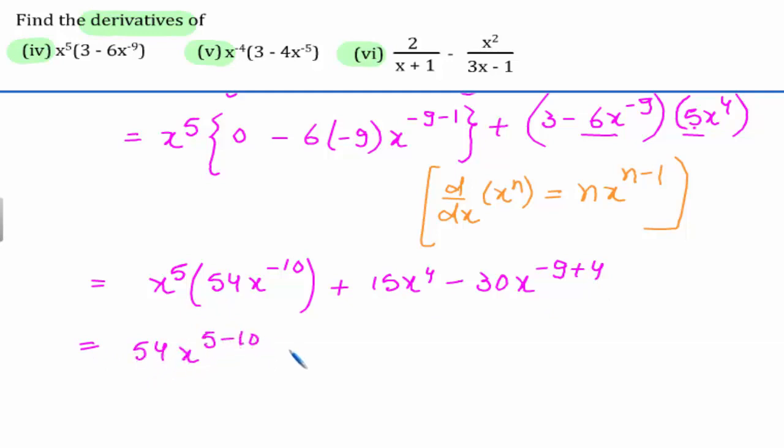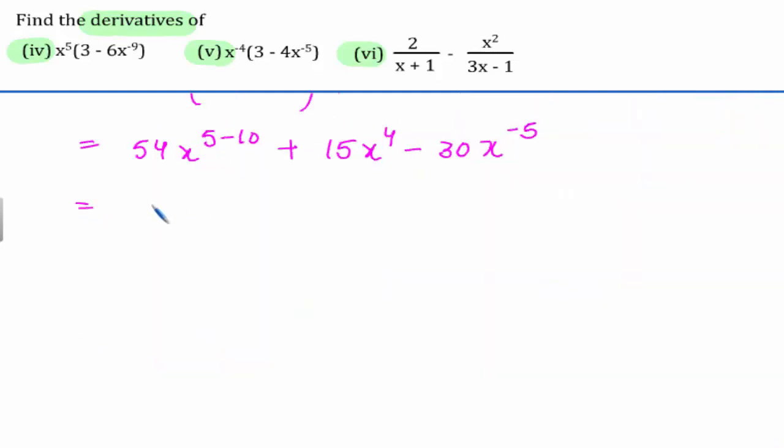This further implies that 54, and here we get x raised to the power minus 5, which can be written as 1 divided by x raised to the power 5, plus 15 x raised to the power 4 minus 30 divided by x raised to the power 5. Now these two are like terms, therefore solving them together we get plus 24 divided by x raised to the power 5. Therefore,